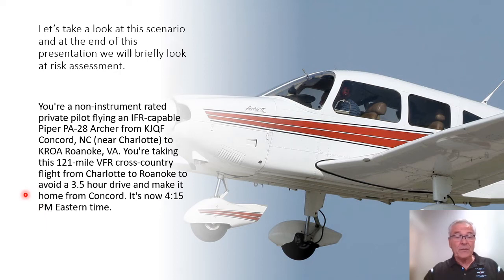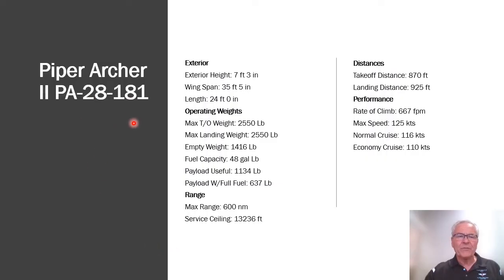It's 4:15 p.m. Eastern, probably before daylight savings time, because the issue here is about it getting dark. And 121 miles isn't that long of a flight, although we do have the stats here that I pulled on the Piper Archer II, very similar to a T-41, weights, fuel, etc. You can see the normal cruise is similar. So I just thought I would put this in as a point of reference, rather than downloading the POH again and going over all that. This is more about